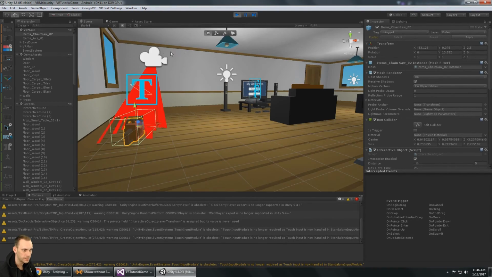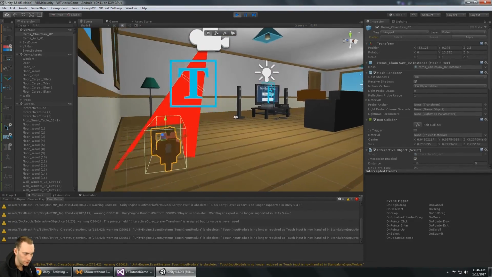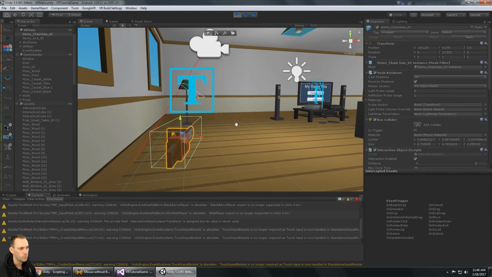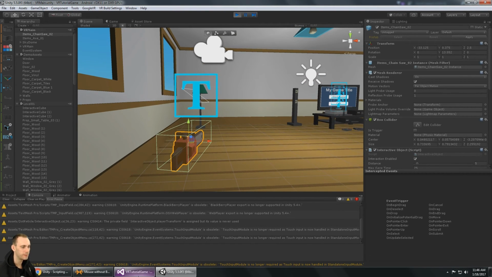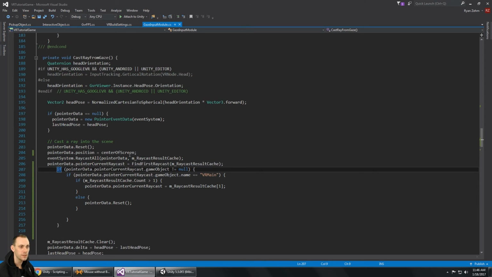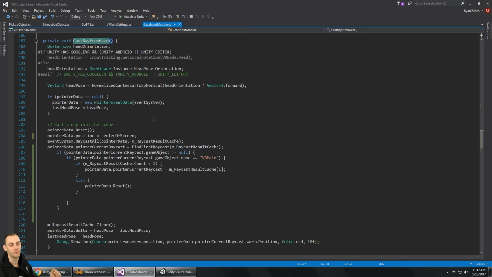And it acts as expected. You can see all my raycasts hit everywhere where the box collider is. And so what I had to do is kind of annoying. I've never run into this before, but I'm in the gaze input module, at the cast ray from gaze function. And normally it just says pointer data dot pointer current raycast is equal to the first raycast in the raycast